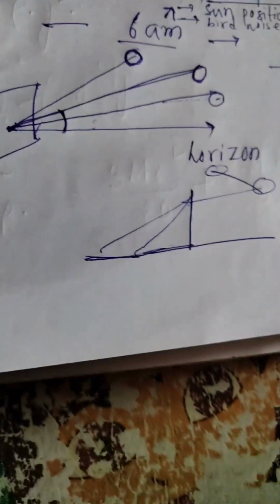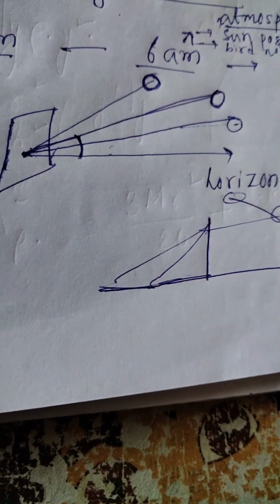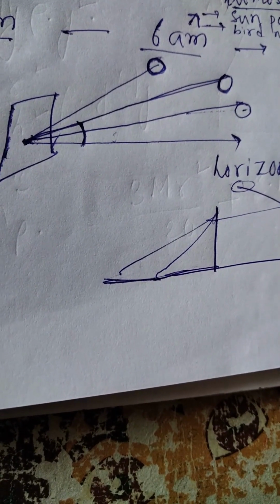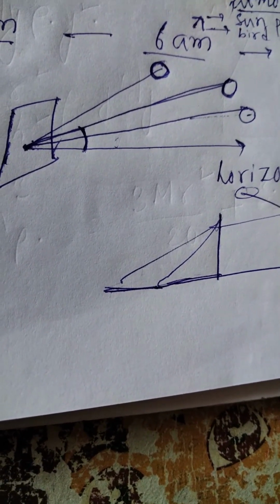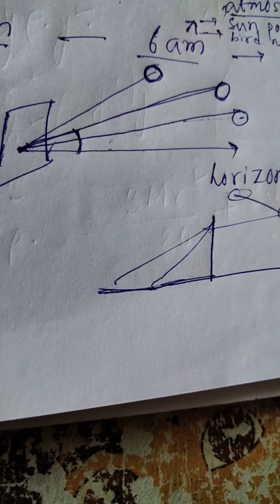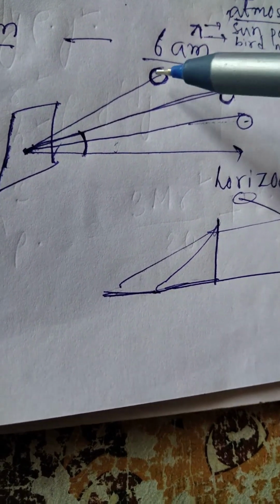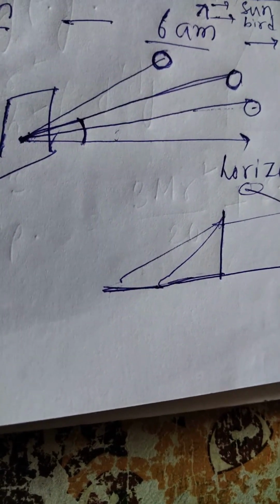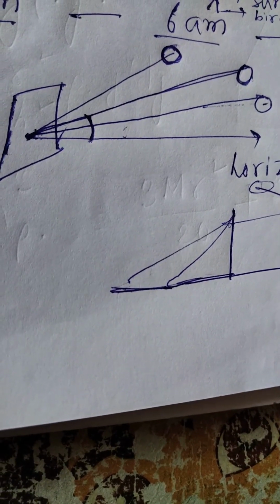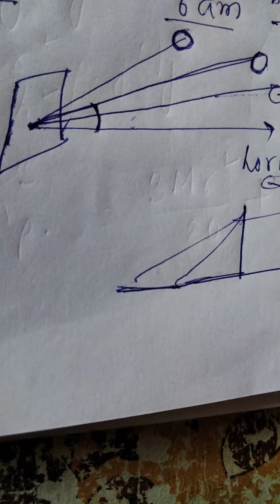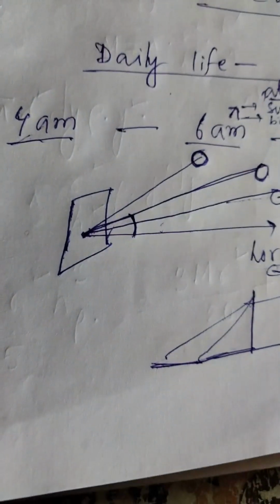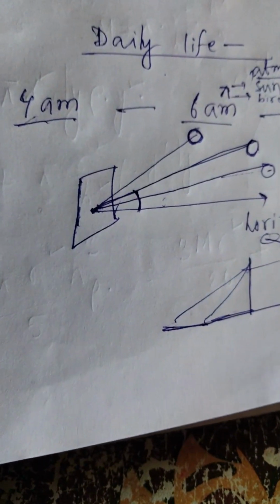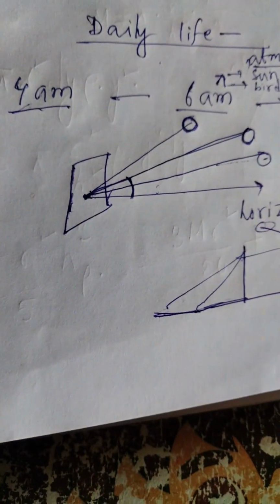And if we don't go in this term of physics, it is just comparing. You are comparing the sun and atmosphere at 4 a.m., then at 6 a.m., and then 8 a.m., and you see a clear difference with your bare eyes. So that's it. You are comparing and you know what the time is.